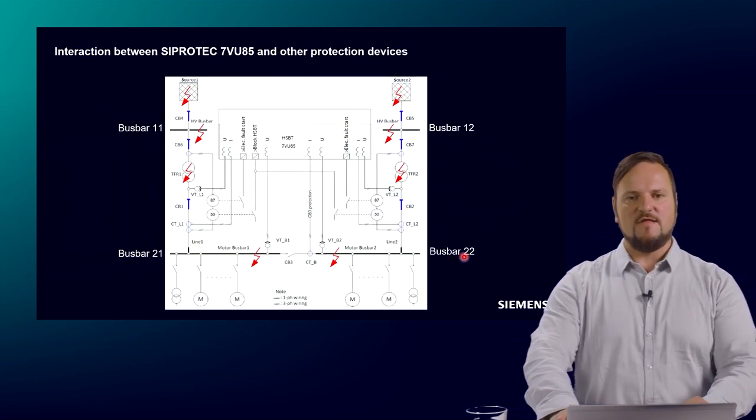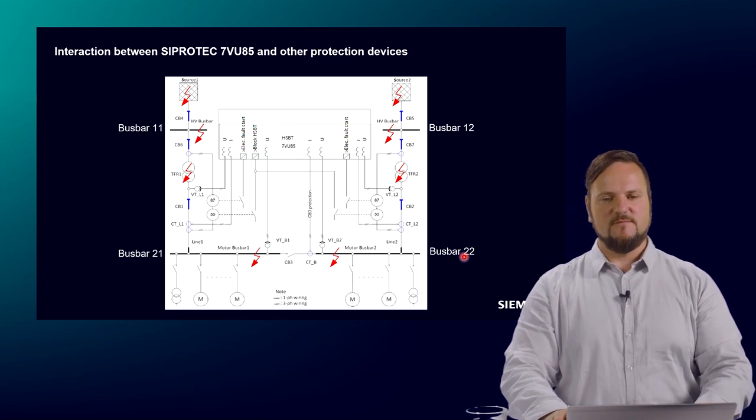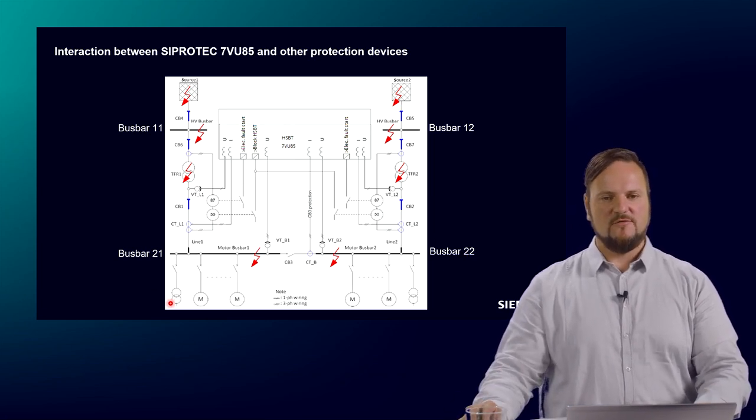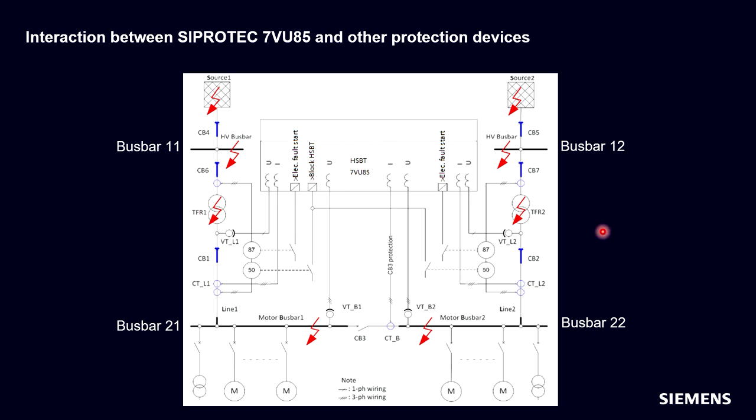So, coming to my last technical slide, this is a typical industry application. We have two incomers, two transformers, we have a section CB, and we have a fault on the motor bus. We have one possibility to block the HSBT, and this is the blocking input. We have another possibility to block in case of a fault on the motor bus. This will be done automatically by the function itself,